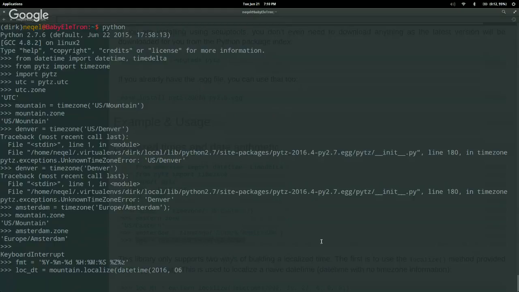So if we do a print on the local datetime with a string format,